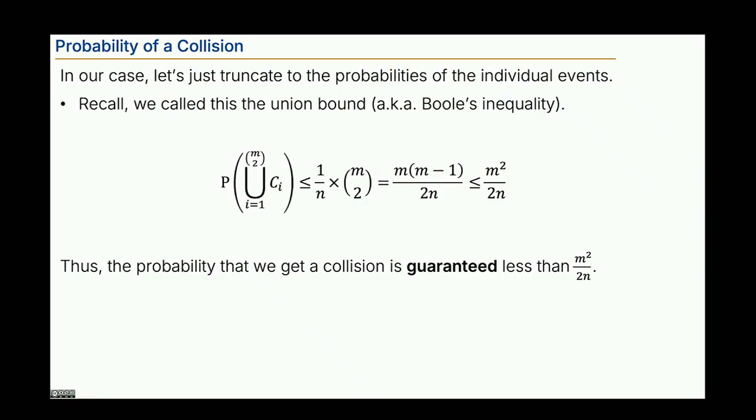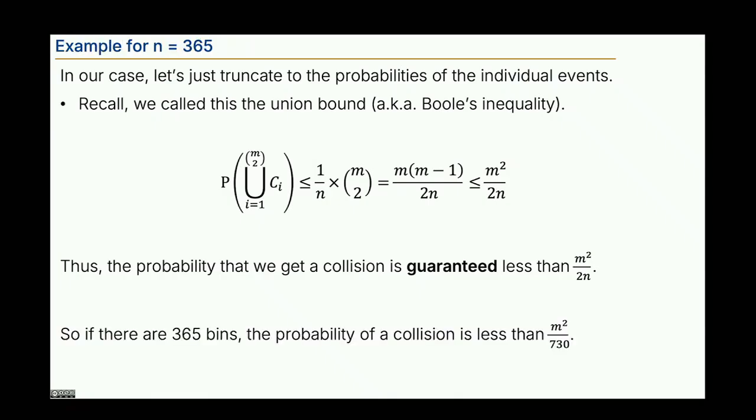We've just shown that if we want to do the birthday paradox, m squared over 2n is informative. It tells us what the chance of a collision is. It's definitely less than this. So in other words, if there's 365 bins, and we have m balls that we throw into them, the probability of a collision is less than m squared over 730. So I throw 0 balls, the probability is going to be less than or equal to, I guess I should say,